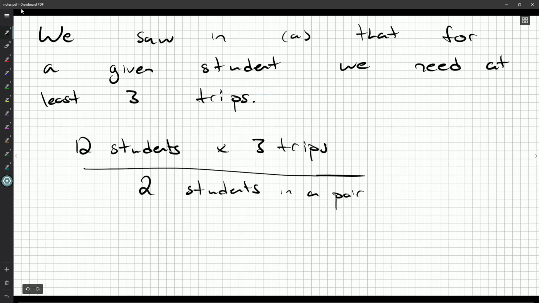Okay. So let me just think about this. Does this reasoning work out? So we've got 12 students. So each student, Alice and Barry, all the way up to Jeffrey and Kevin and Lisa, each of them has to be a part of 3 trips. Because otherwise, if Kevin's only on 2 trips, then I guarantee you Kevin has not been on a trip with every single person. So each person gives us 3 trips at least, 12 students in total,